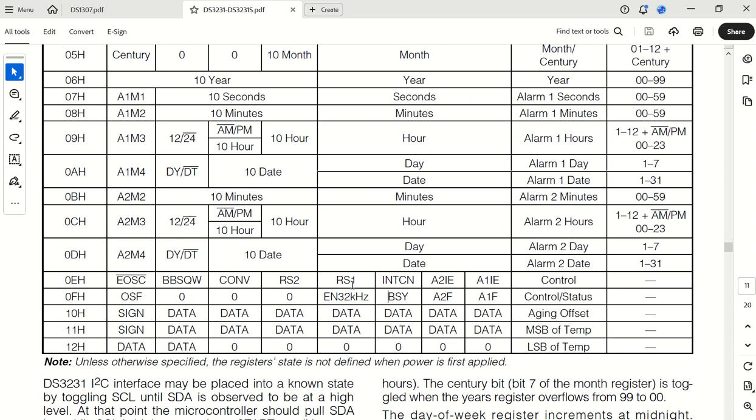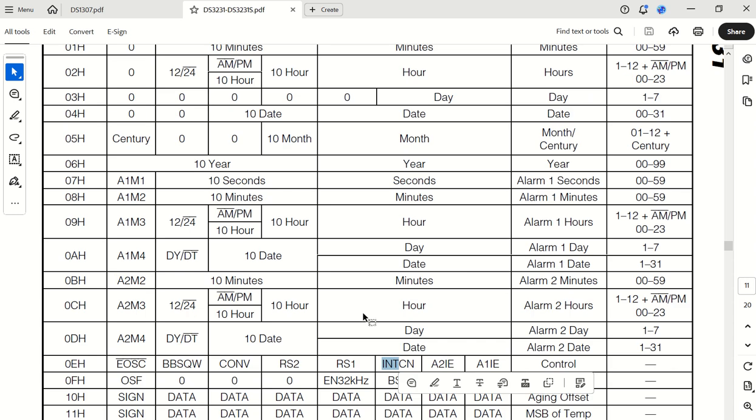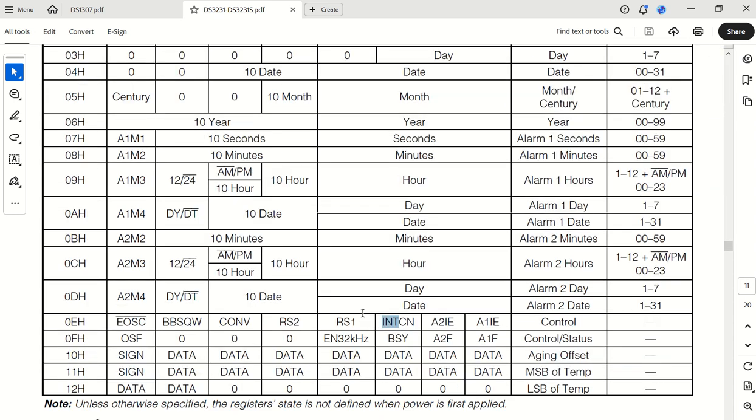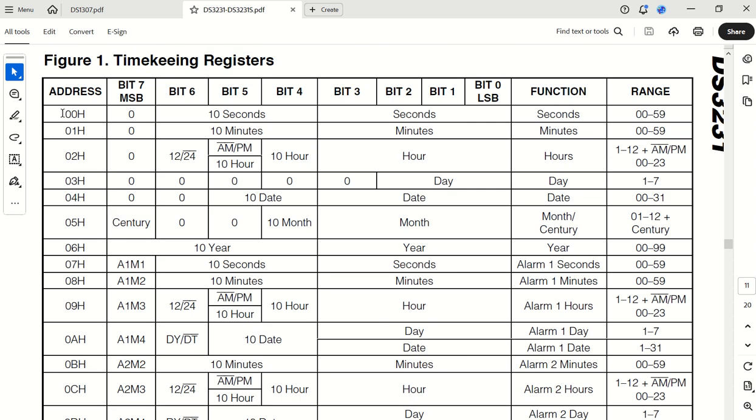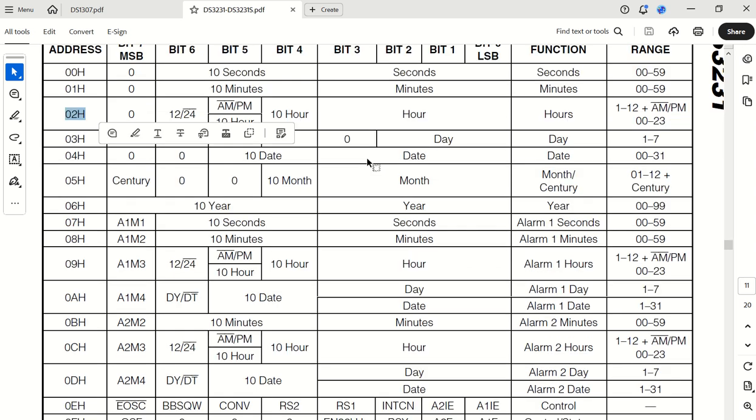It also says there's also an interrupt. And as you can see, this thing has got a few more addresses compared to the 1307. Just look at the seconds. It's exactly at address 00. The seconds can be stored here. At 01, the minutes are stored, same address. At 02, the hours will be stored at the same address.